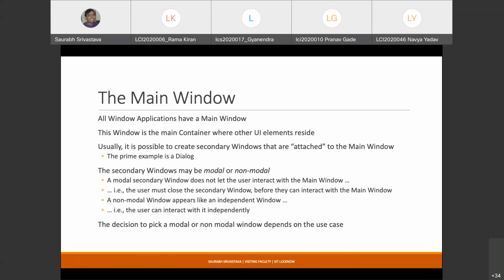Whenever you wanted help, a new window would come up, and this window is independent of the old window. It is still dependent, as in if you close the main window, the help window will go away as well, but you can minimize or maximize it independently, and it will not block your access to the main window. So there are two types of secondary windows. You will create both these types of windows as you start working on UI design.